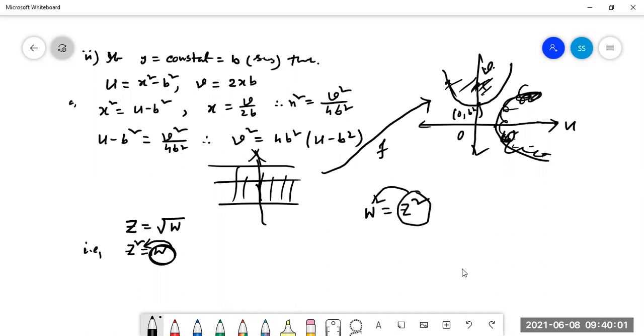Is it understood? In the previous case, z was the domain. I have always repeatedly told you, which is given on the right hand side, that is the domain. Which is given on the left hand side, that is the range. In the previous case, z was the domain, but in this case, w is the domain. So here we have to change from w to z. If z equal to root w is given, previously we changed z to w. Is it clear? So both transformations are not equal. We will go for that one in the next class.